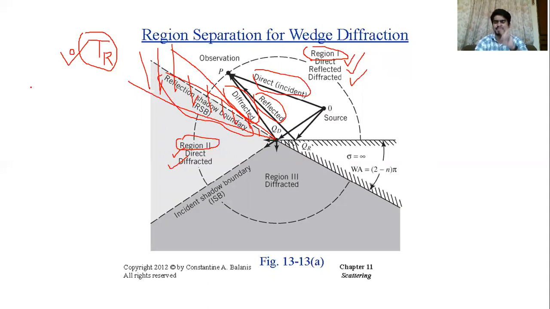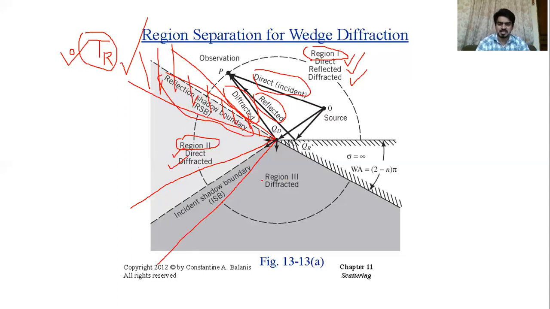diffraction. Okay, there are two types of diffraction. We'll introduce two types of diffraction coefficient. One is going to be for this region, that is the reflection transition region around the reflection shadow boundary, that is this one. Okay, and then again, similarly, when we move from the second region to the third region, then what